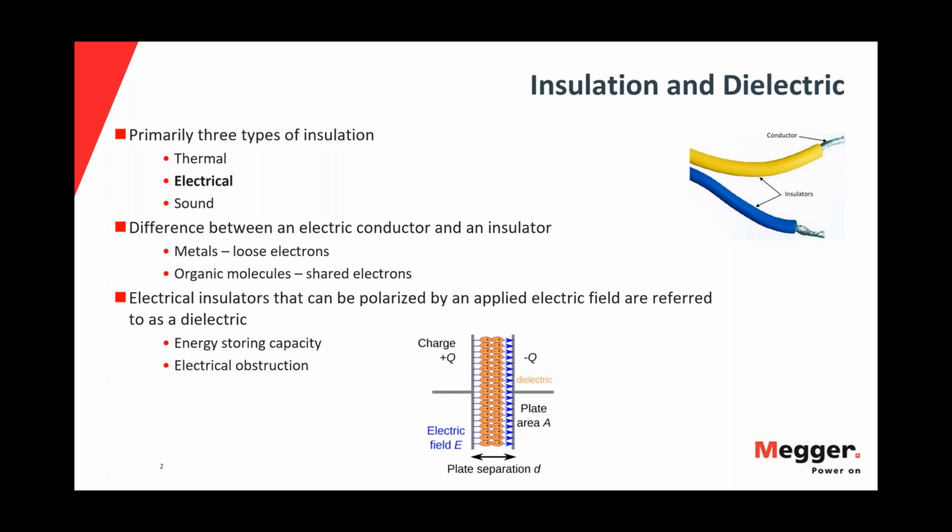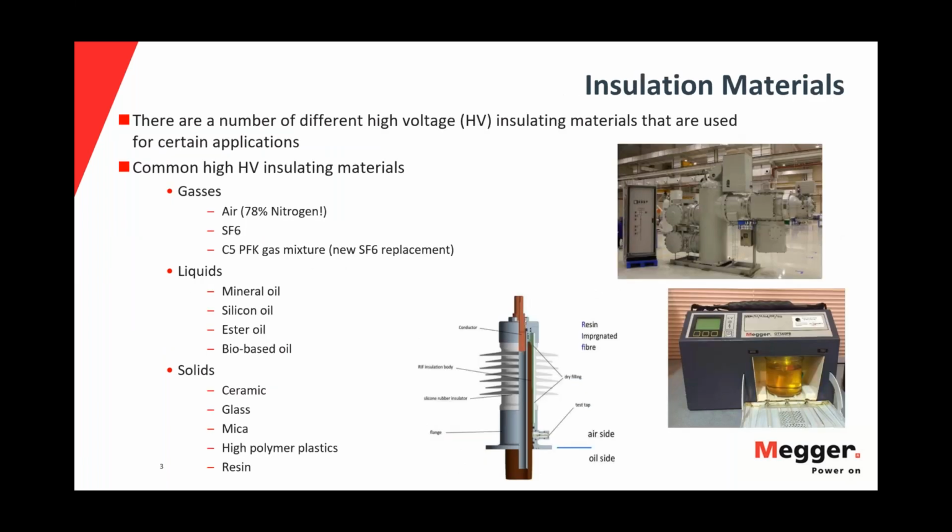So electrical insulator can be polarized by applying electric field. So that's, we call them dielectric. So basically, they have energy storing capacity, insulators, because they are confined within two conductors, which act as capacitor. And they have absorption properties and polarization as well. Moving on,